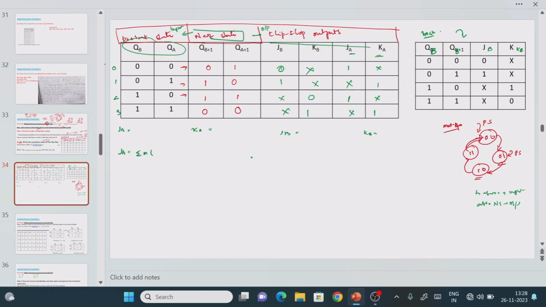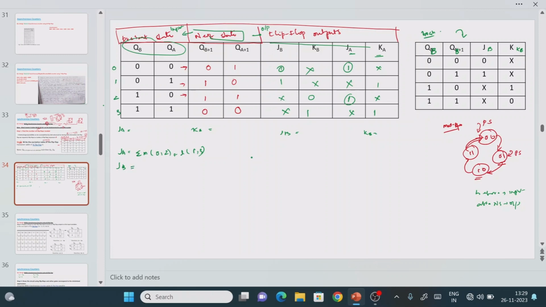I am going to find out the minterm for this one. See, where we have the SOP function, this one is SOP, this one is SOP. For this one, what is the input value? 0. For this one, what is the input value? 2. It means the minterms we get are 0, 2. Is there any don't care combination here? If you see here, this is the don't care combination. This is also a don't care combination. So what do we mean by don't care combination? For the inputs 1 as well as 3. So we just write 1, 3. So JA is completed.